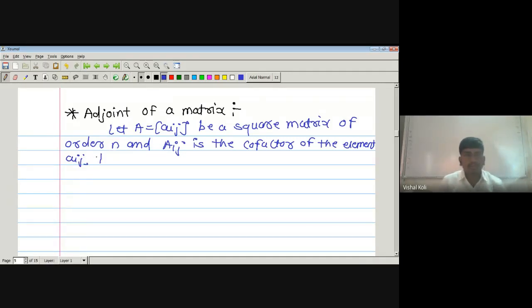Then the transpose of the matrix which is formed by the cofactors of each element aij is called the adjoint of A,